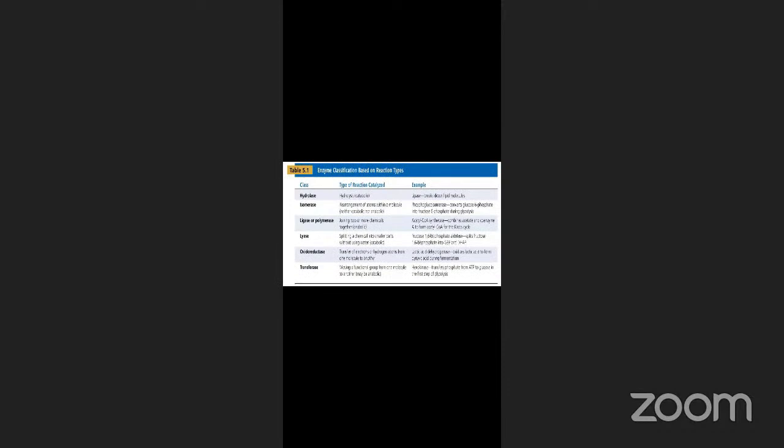So here we have enzyme classification. Here we have 6 classes of enzymes. What are they? One is hydrolases, isomerases, ligases or polymerases, lyases, oxidoreductases, and transferases. The hydrolases are involved in hydrolysis reactions. Then isomerase, for which you have examples also. Lipase is a hydrolase. Isomerases rearrange the atoms within a molecule. Examples are